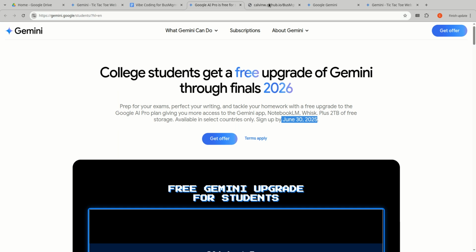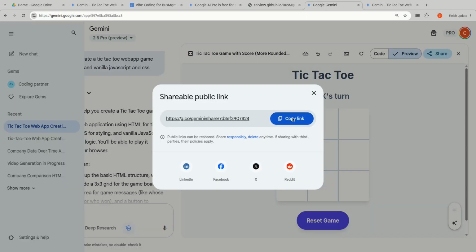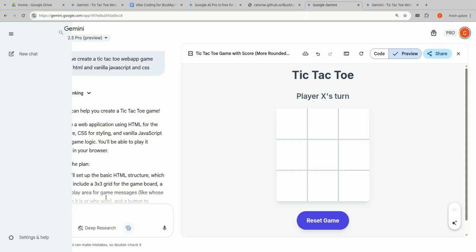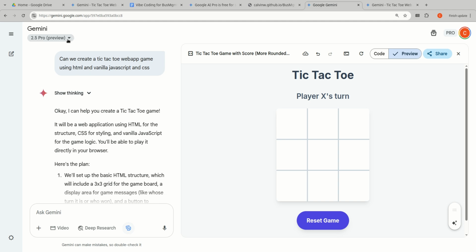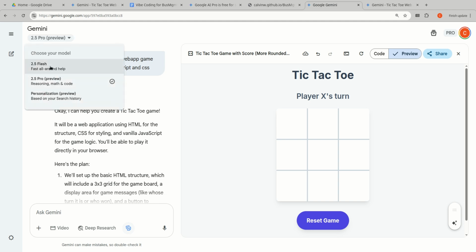Okay, so I think that's most of the elementary features for this one. Of course, if you come up here, you could choose a different model. 2.5 Flash is a pretty good model as well, too. It's faster than the 2.5 Pro, but if you're doing a particularly difficult app and it's having trouble understanding it, choose the 2.5 Pro. I think once you start with one model on a canvas window, it won't let you switch